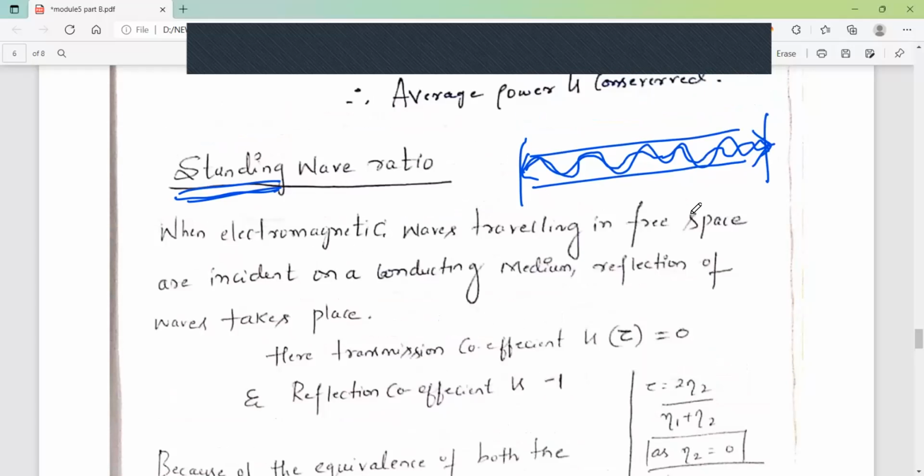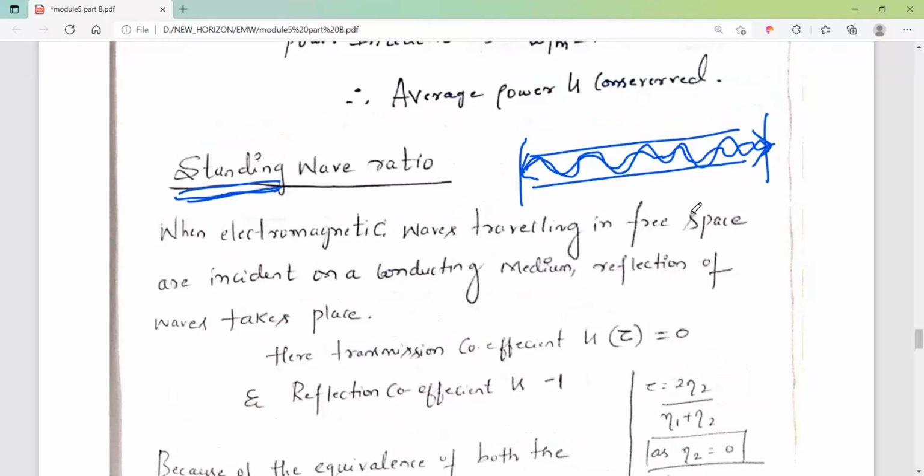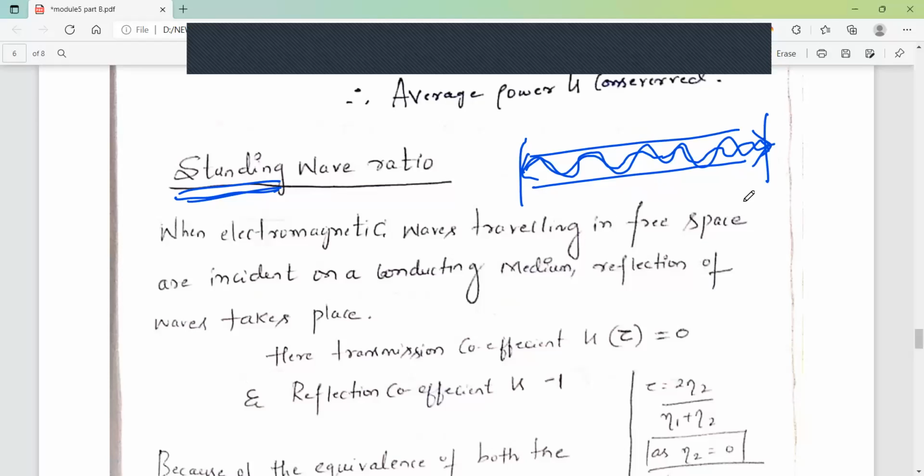Then the wave can't pass. We have discussed the concept of skin depth. So electric or magnetic field can't penetrate much deeper into the skin of a metallic conductor. So we can say within a conductor, the electromagnetic field is zero, or it will be very small. It will be going just up to the skin surface. It will be decaying very fast, and we will not get a traveling wave inside a metallic conductor. So if a wave is confined between two metallic surfaces, we get a standing wave. Okay.